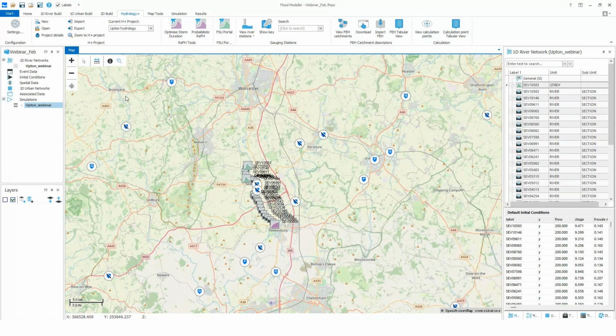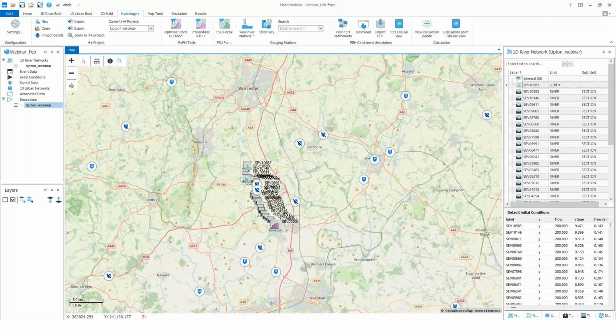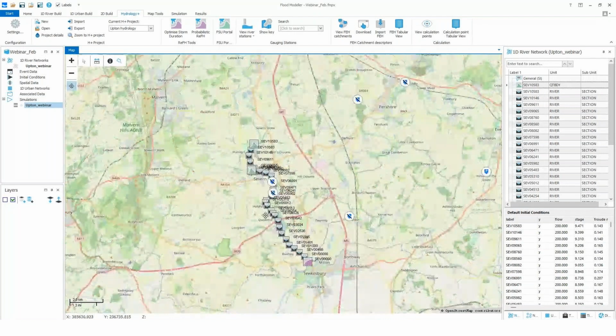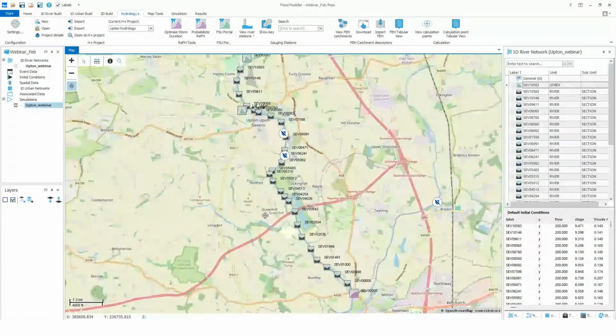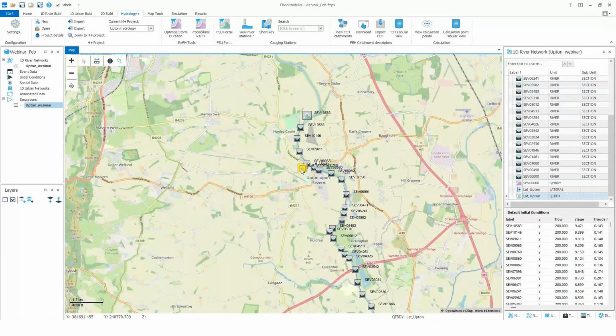So for this live demonstration, I will create some calculation points at which I will undertake a hydrological analysis, results which I will then use as an input into my 1D river network. So I will hide all the gauging stations as I am not interested in them at the moment. My catchments are engaged, so I have two input inflow boundaries in my 1D river network. These are both engaged, meaning that I will have to